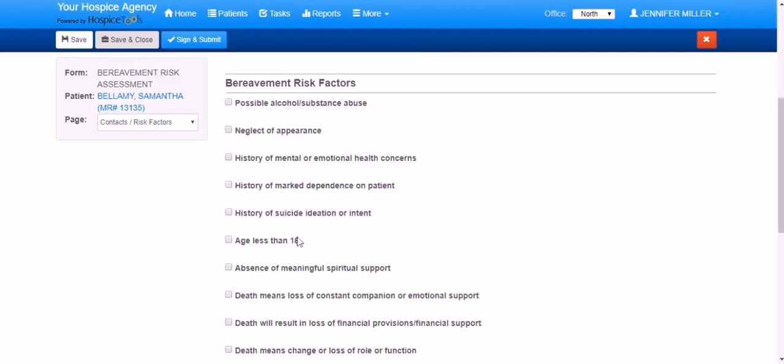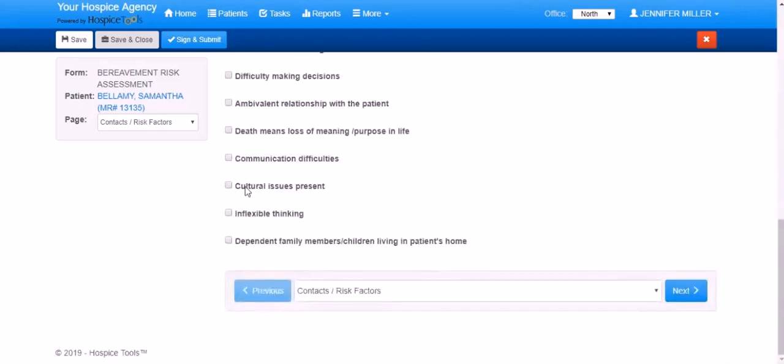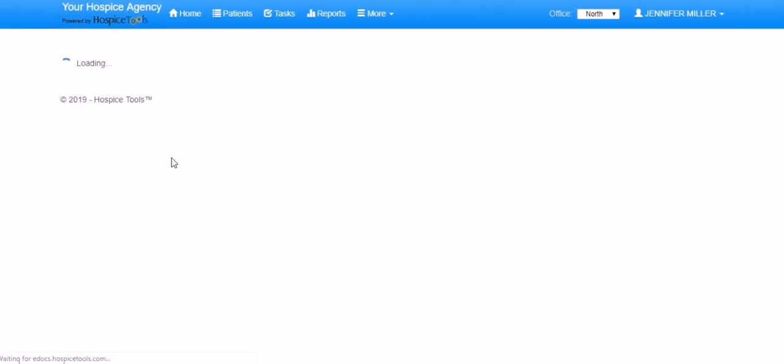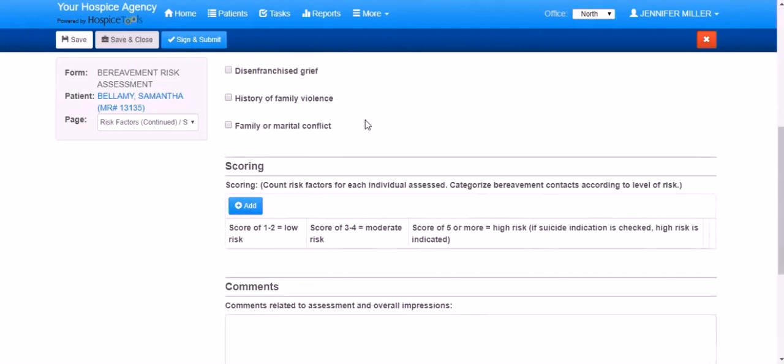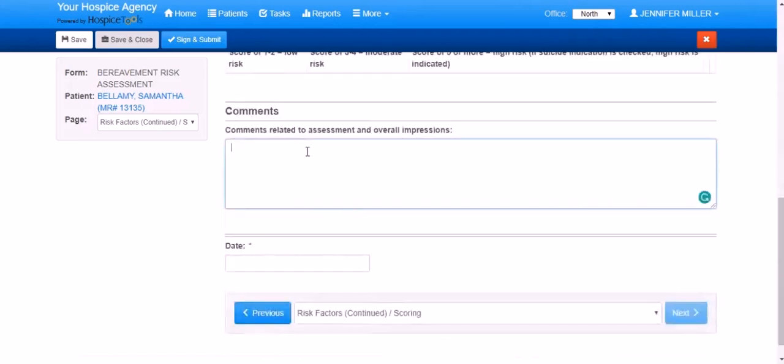And then we have a list of bereavement risk factors. If we click through, we have an extensive list of bereavement risk factors, and we can score it if we want to categorize and track the bereaved parties as low risk, moderate, or high risk. This scoring allows us to identify, categorize, and run reports with the different needs. And we can add free text comments if we want to add a narrative as well. And then, of course, the date at the bottom, like every other form, and that's the Bereavement Assessment tool.